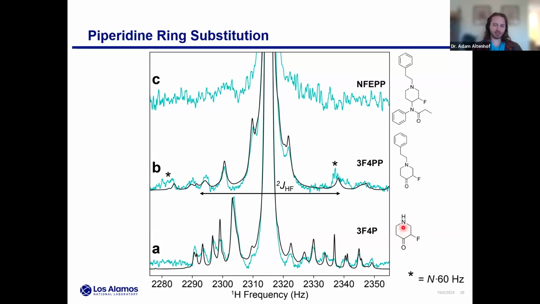I suppose looking at either of these cases, we do have to include the effects of that relaxing 14N nucleus. And then ultimately, when we got to the final fentanyl, this is kind of interesting for us. Clearly I'm not seeing any significant signals, not resolving anything. And this was interesting for us in comparing the precursor and the fentanyl. Notice I'm actually adding an additional proton here, so it's already that much more complicated a spectrum. And what's more, we now have 2 nitrogens with a 3-bond coupling to fluorine.